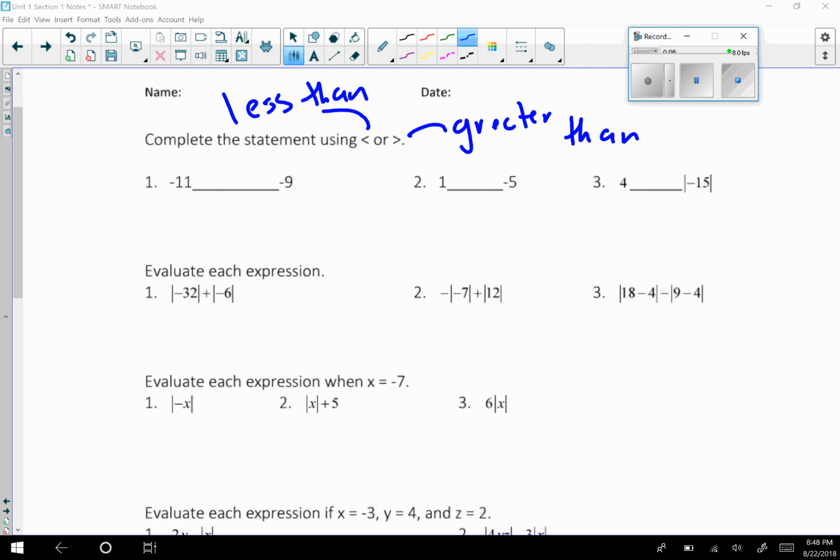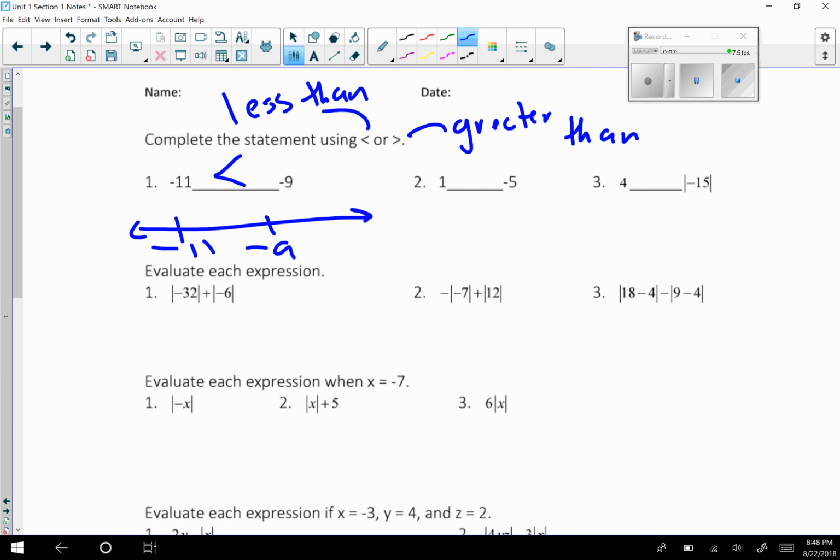The first one we have is negative 11 and negative 9. If you can recognize which one's greater, you can do it that way. If you wanted to, you could also put it on a number line. If we put it on a number line, negative 11 would be here, negative 9 would be there. And we remember from the first page of the notes, the numbers to the left are lower than the numbers to the right. So we would say that negative 9 is greater. So we're going to have our sign open towards the negative 9. If we read this from left to right, we would say negative 11 is less than negative